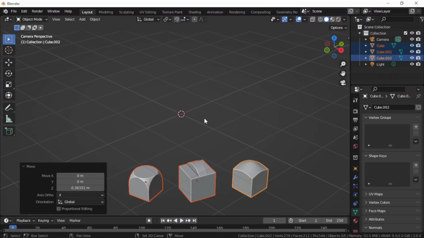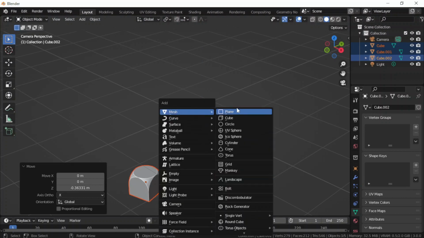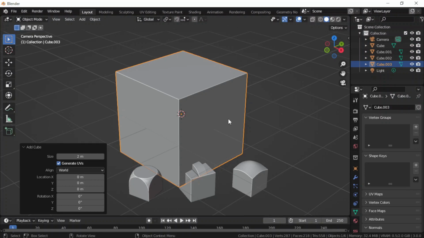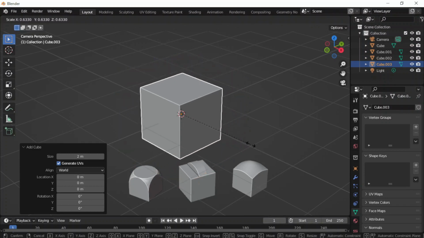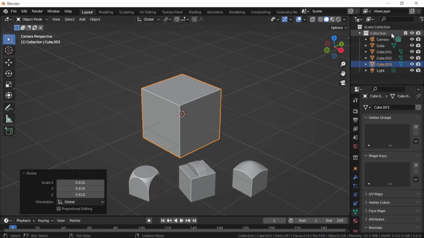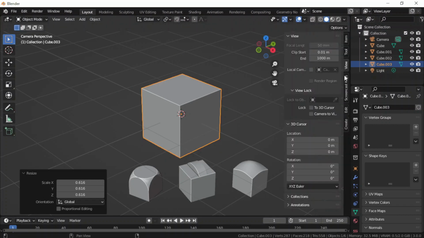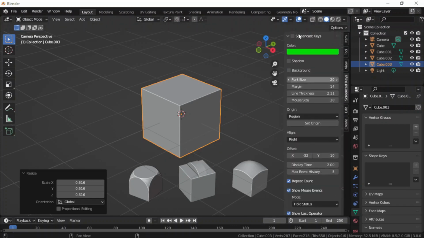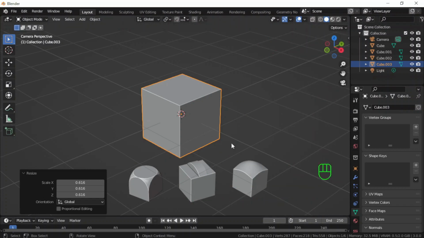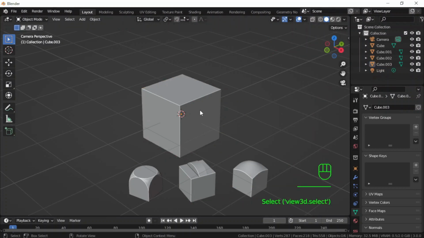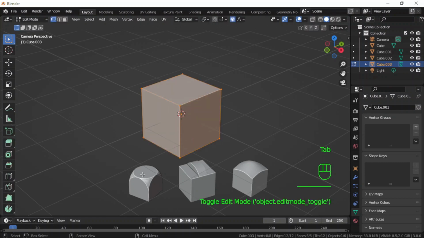I will add a cube. I will scale it. Let me turn on the screencast keys add-on so that you can see the keys I am pressing. I will tab into edit mode. I'm going to model this first shape. Into vertex select mode,